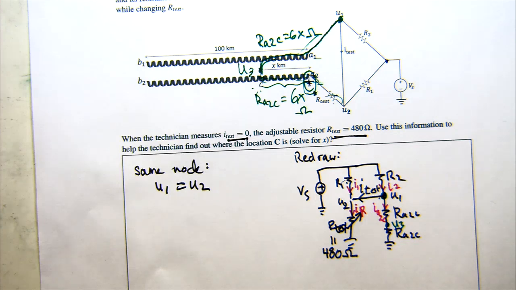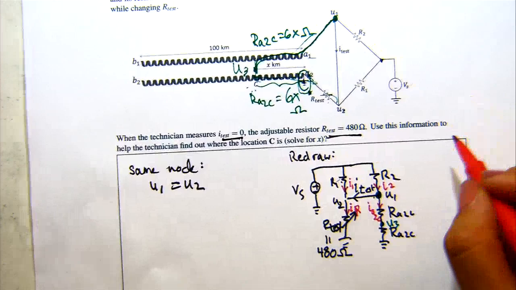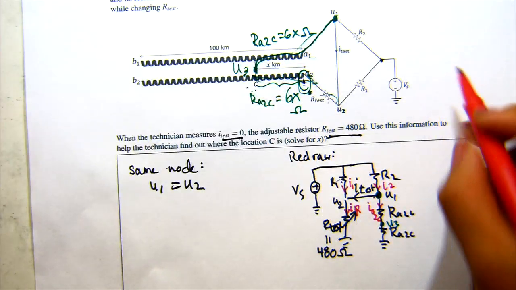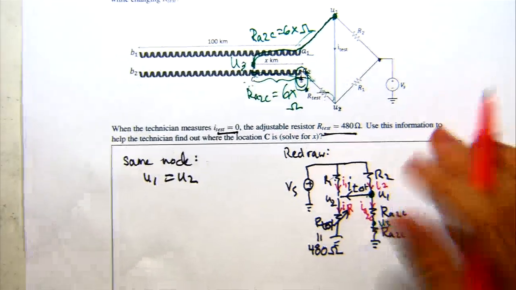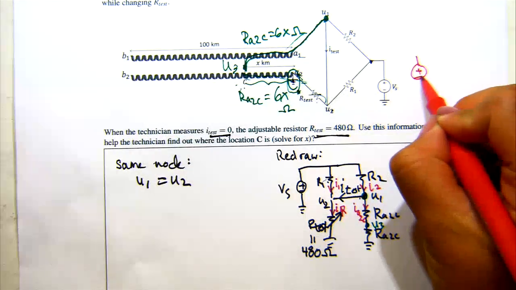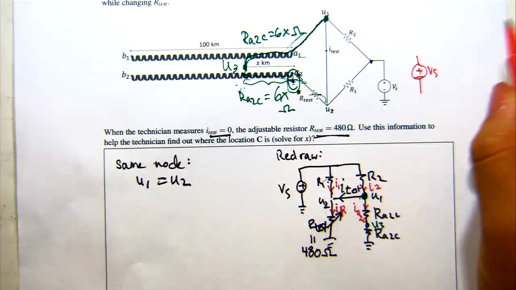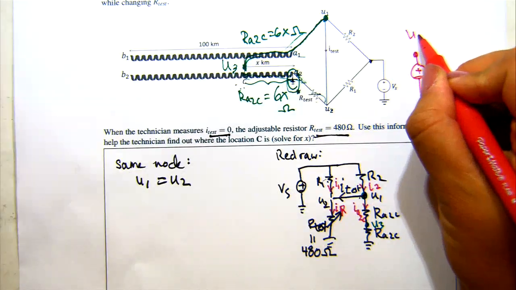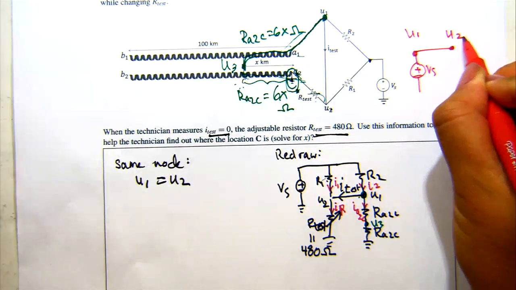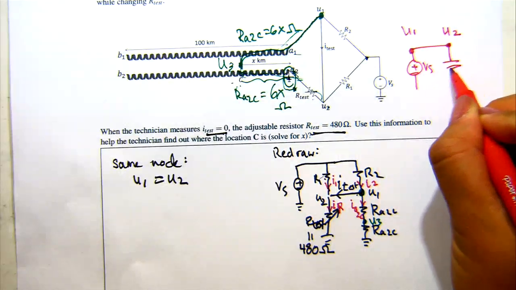Yeah, okay. Let me illustrate what I'm trying to say here. This is kind of a side example, but I just want to explain a subtle point. Let's say I have some voltage here, I have some node called U1. Let me draw another node called U2 and put a resistor here.